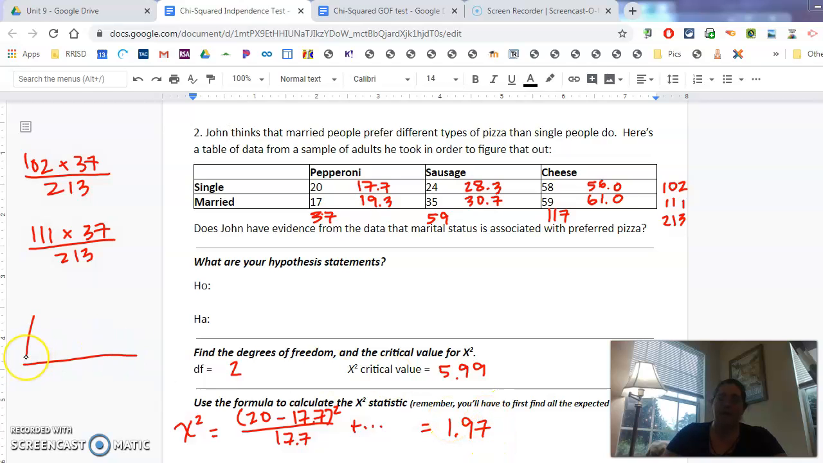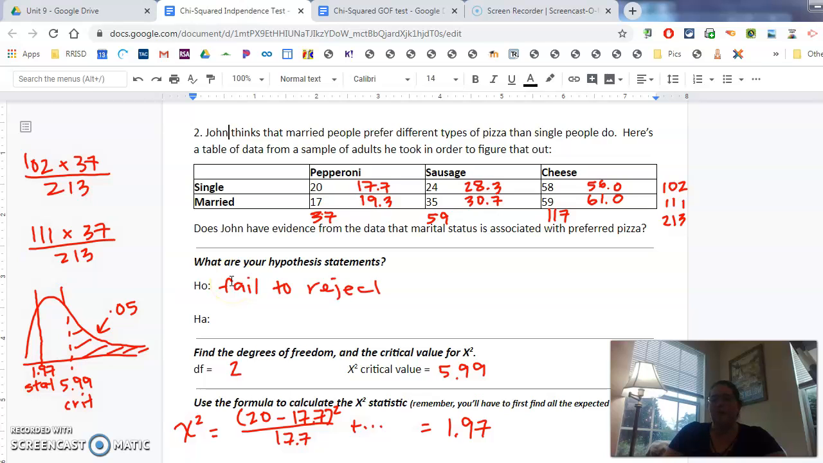My chi-squared graph looks like that. My critical value was 5.99, basically saying that that is as far as I want it to be before I start thinking things are different. My statistic was 1.97, which is pretty far over here. So that is my statistic. My statistic is not in the critical region. The critical region is everything past 5.99. That would be my 0.05 area region. My statistic is not in there, so we would fail to reject the null,